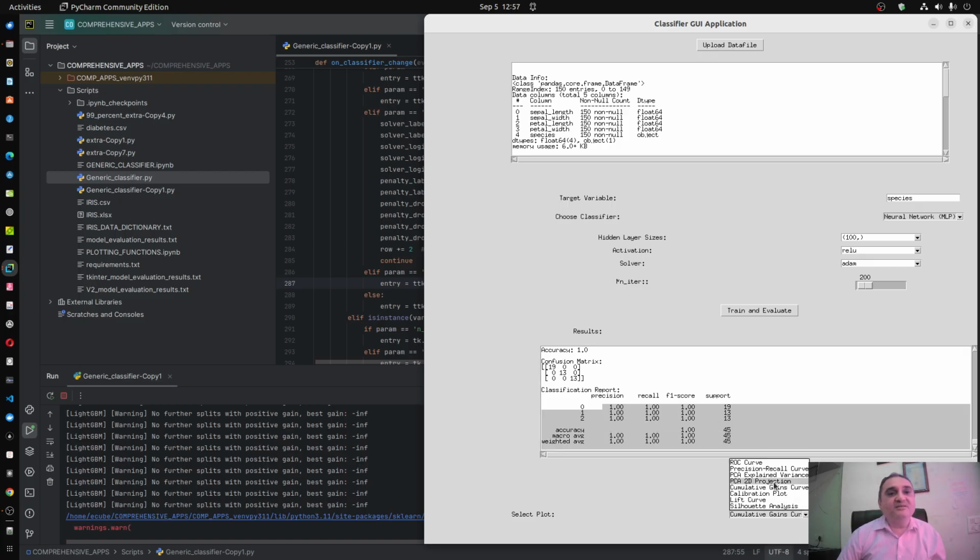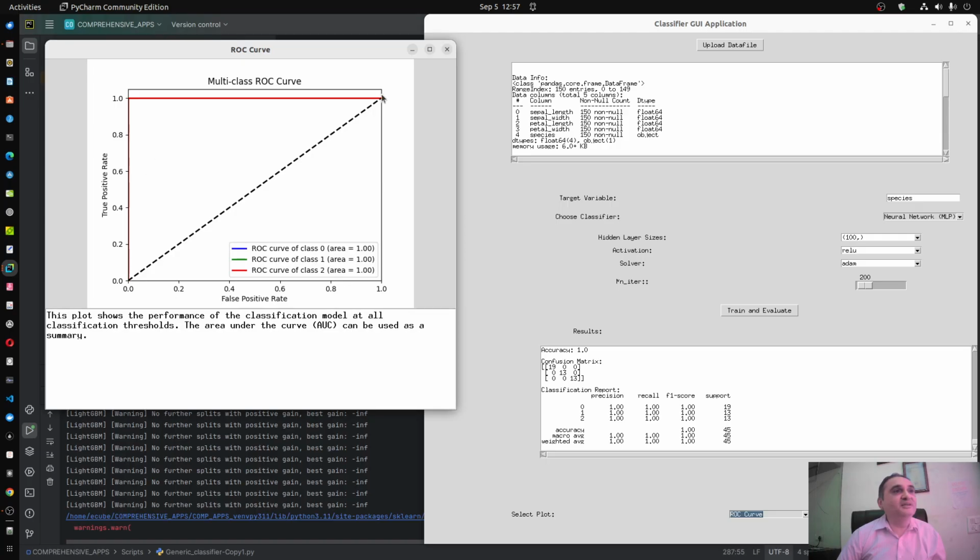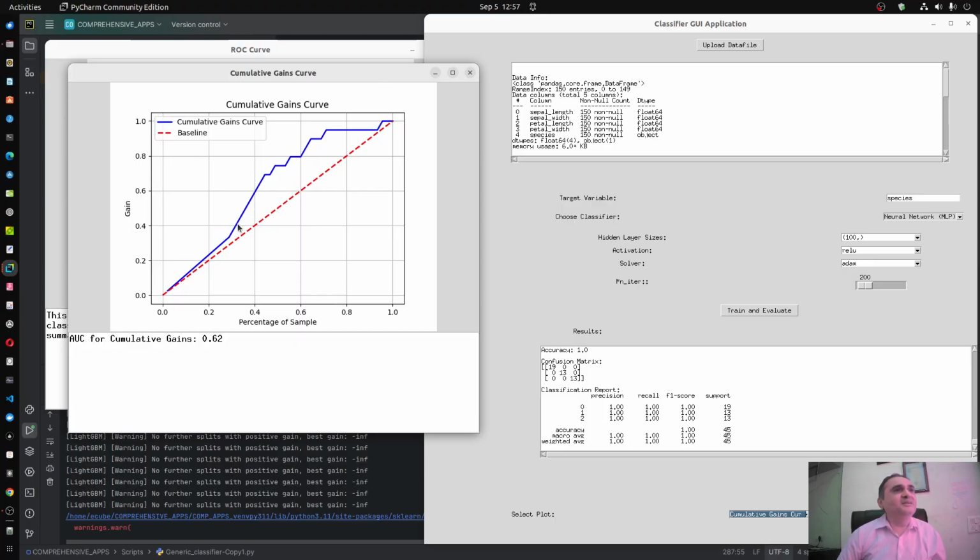I'm choosing maybe ROC curve for this, and it is perfect. And I'm choosing cumulative gains curve. It is not very perfect, but cumulative gains of 0.62 is not bad. It is reaching up to maybe around 1 when you take percentage of samples.